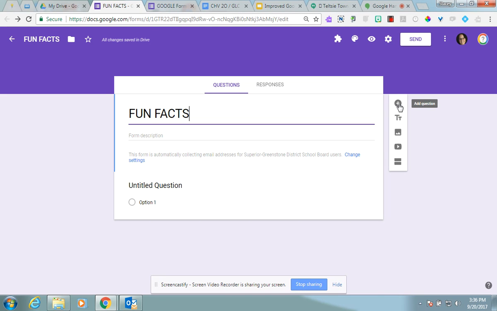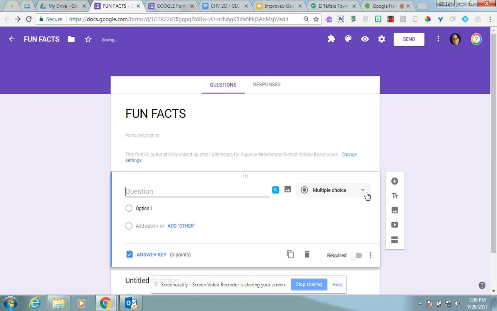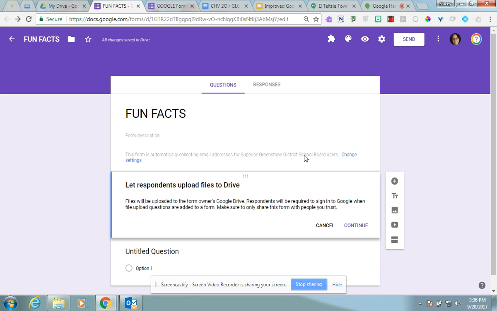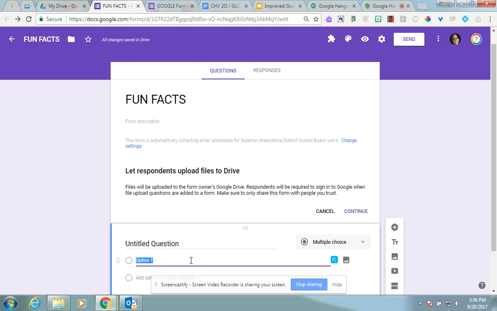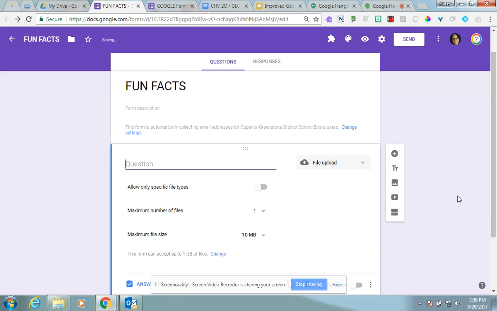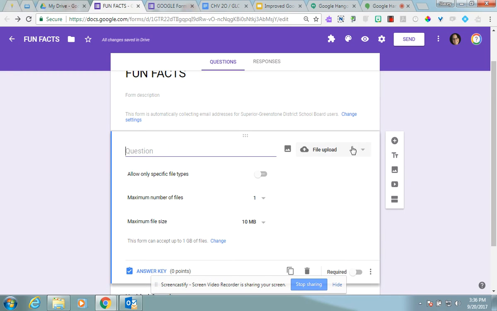Okay. So the first new change I want to show you today, from the drop-down menu, you can see there's a lot more options than were there last year. So the first one I want to show you is file upload. File upload is great because it allows you to have the students hand in work directly to you associated with this tool. So I might say, submit your,